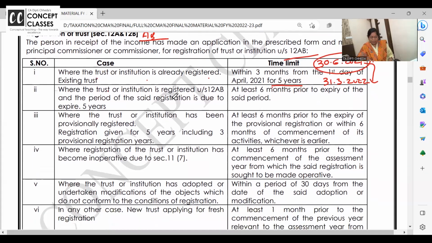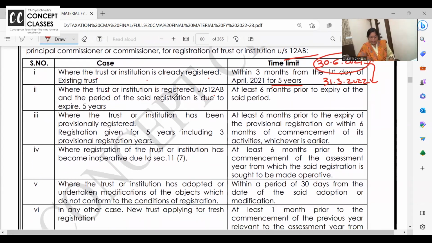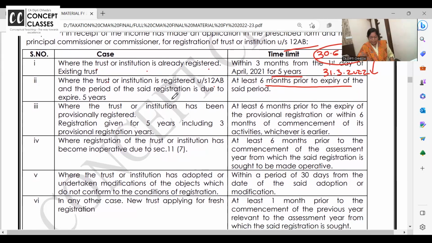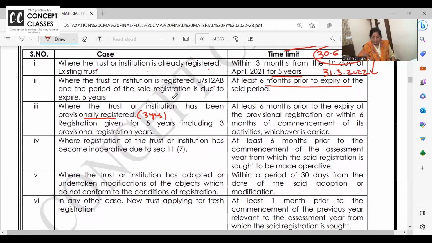5 years. Now, where trust or institution is already registered and the period of 5 years is due to expire, at least 6 months prior to expiry, you just give all the details, they will renew it for another 5 years. Where trust or institution has been provisionally registered, if you want to use the word here, provisional registration is